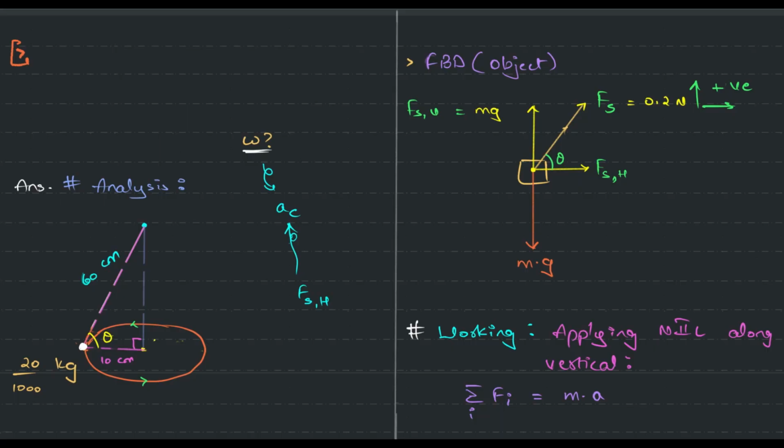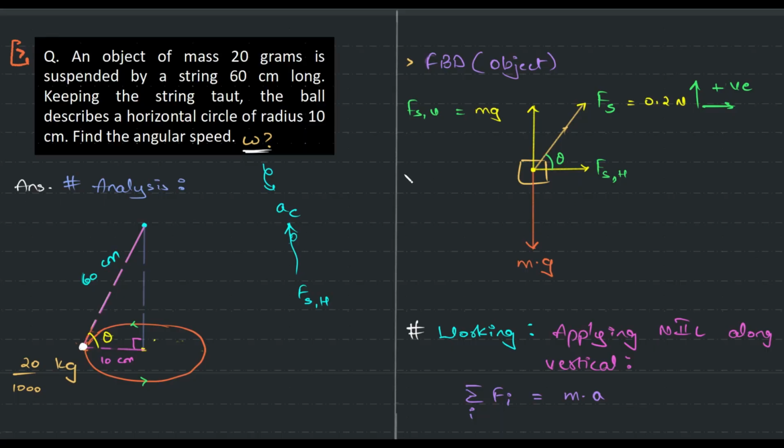Okay, so let me have a look over here. So what we have is omega is what we are looking for, AC, FSH and all of that. Okay, 20 by 1000, 60 centimeter, 10. That's your basic scenario. Then I started with free body diagram. So we have a pull down of mg. So we need a component same magnitude as mg to keep the object in a horizontal plane basically, right? So they have to be equal and opposite. For that to happen, we need